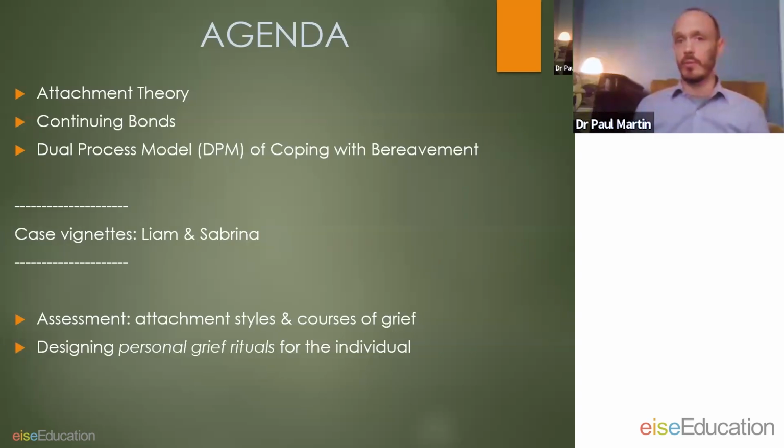So we will begin with attachment theory and really get into all that body of research and writings has to offer about how attachment theory informs our understanding of loss and mourning. We'll then move on and talk about two other theories, continuing bonds theory and the dual process model of coping